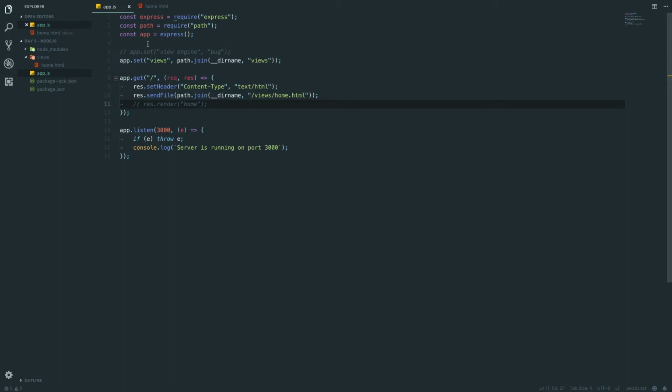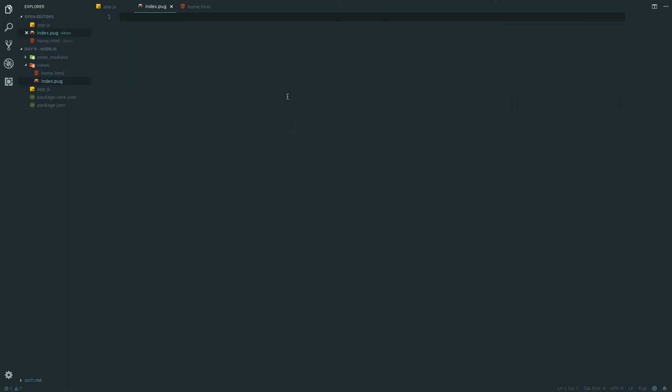But next up, we're going on to the template engine, and in Fuse let's create a new file called index.pug, and in here we can do some cool things. For starters, we can do doctype html. Pug doesn't use any brackets or anything. It's all nested views. So in here we're going to go html